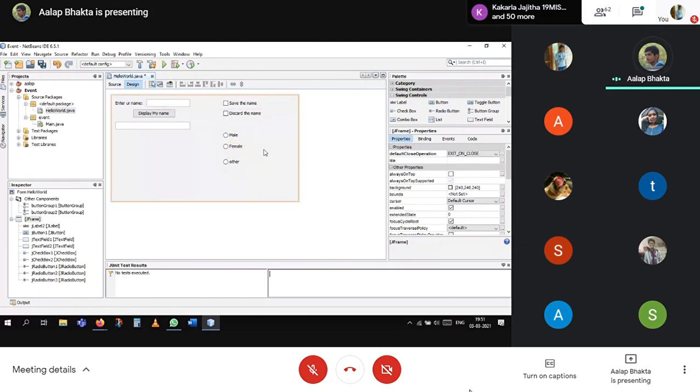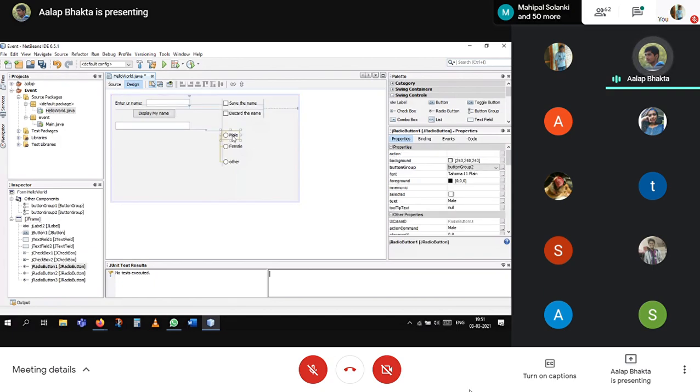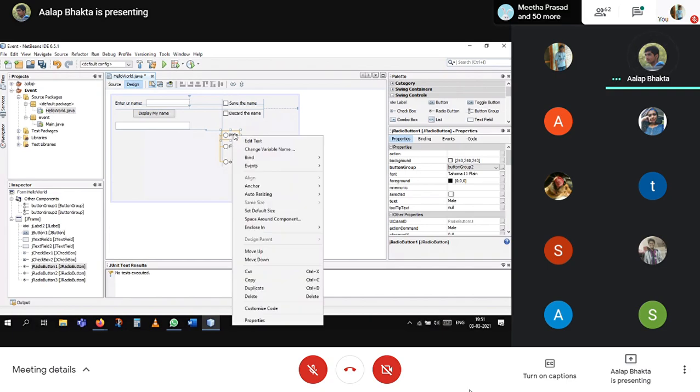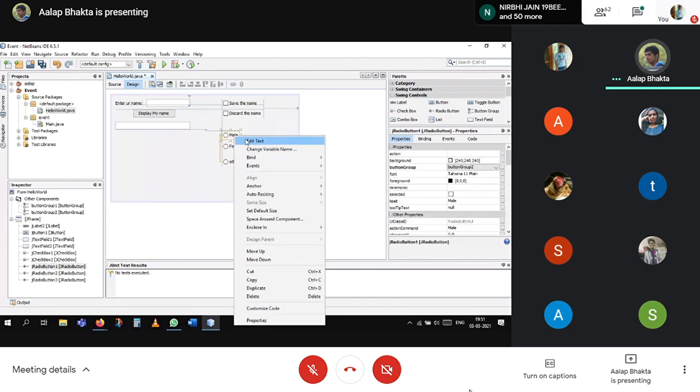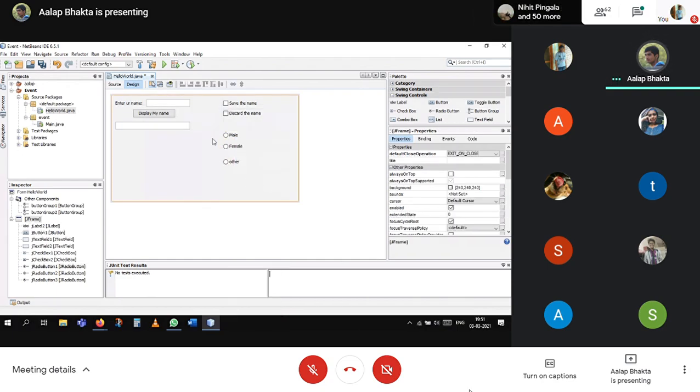Whenever the user clicks this male option, you have to do some calculations. So whenever you click this, we need a particular event. There is an action being performed over here, so we need to decide which event it will be performed on, and we need particular event listeners.